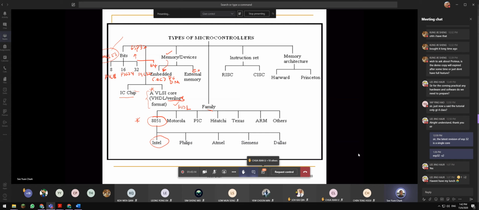For your information, they were targeting desktop and server base. But do you know that for the past few years, low power is coming back? That's why Intel is moving back to low power design. Anyway, for 8051, once Intel gave out the license, a lot of manufacturers, you name it, Philips, Atmel, Siemens, all came back and used that architecture to develop their own 8051 family.